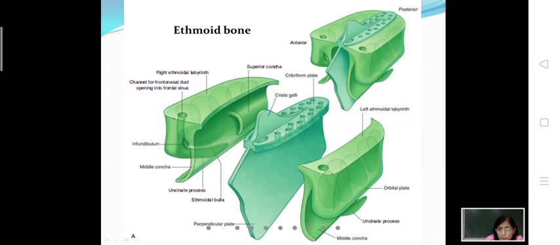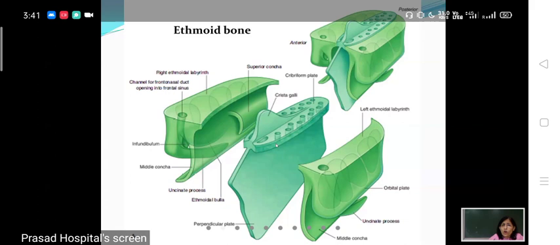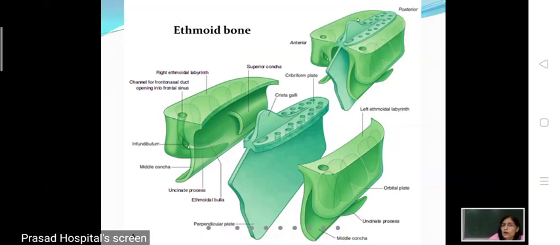Then this is the cribriform plate of ethmoid. This is crista galli, you know this. From the midline of this cribriform plate, a plate descends downwards. This is the perpendicular plate of ethmoid, which was forming the posterior superior part of nasal septum. On either side, it has 2 bony labyrinth. These are called ethmoidal labyrinth. Labyrinth is a room-like thing. Okay, compare it with a room.